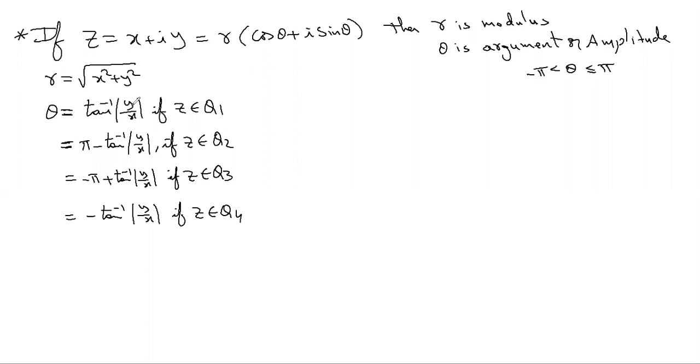If you see the tan inverse y by x, the first case, the second case is pi minus the first case. The third case is the negative of the second case. Just multiply the second case with minus and you get the third case. And the fourth case is the negative of the first case. Just multiply the first case with minus. So basically, if you remember the first and second cases, the third and fourth are the negatives of the second and first respectively. And the second case is pi minus the first case.